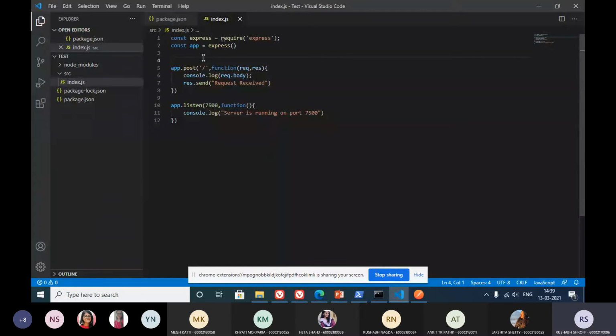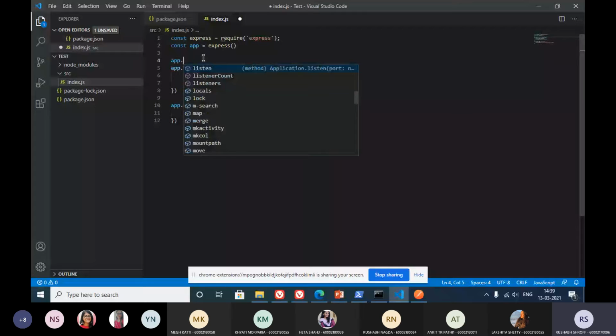So now coming to middlewares: middlewares are nothing but functions that are called before the actual function that is going to process your request. So if I write app.use, use is going to use this particular function for any request. Let it be post, let it be get, let it be any type of request.